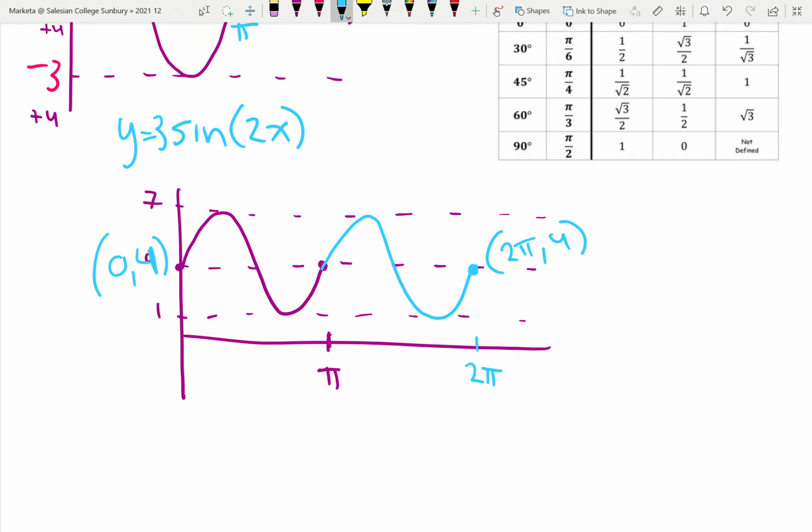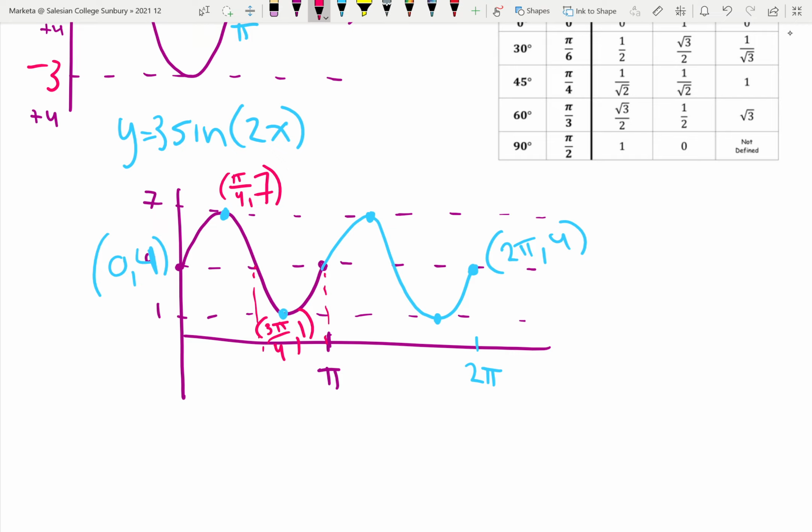Then I can add the turning points very easily. We know that this is pi here, so halfway would be pi on 2, and this would mean that here would be pi on 4, 7. Of course, the top value is 7 there. Then down to the minimum value, it's 1. So pi on 4, 2 pi on 4, and then 3 pi on 4. So here would be 3 pi on 4, 1,